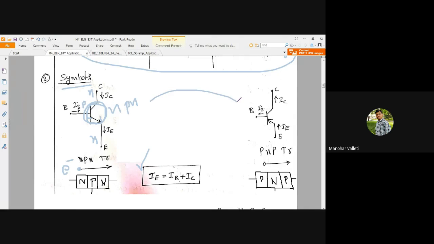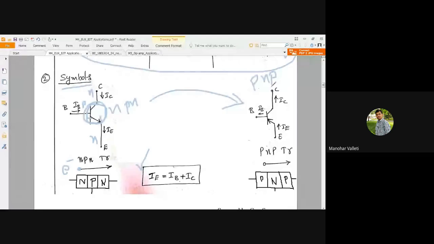In the same way, if you see the PNP transistor, there are two types of BJTs possible. One is NPN and one is PNP. So please see the arrow direction is inside, and you just see here PNP, and again the arrow direction is from P to N only always, and that's why accordingly the current directions will change, but IE equal to IB plus IC won't change. So for both, the same equation: for any transistor, IE equal to IB plus IC.